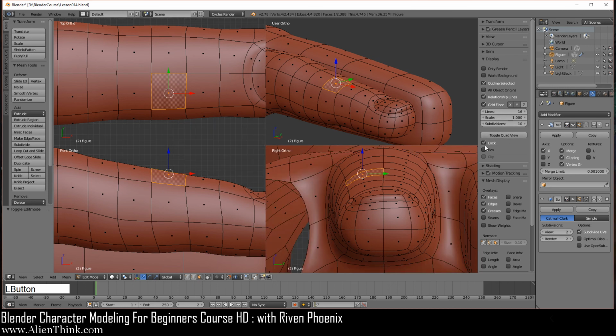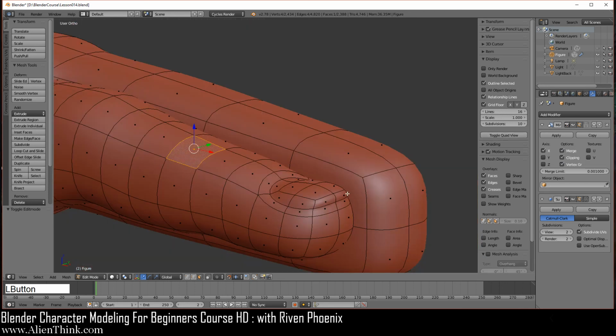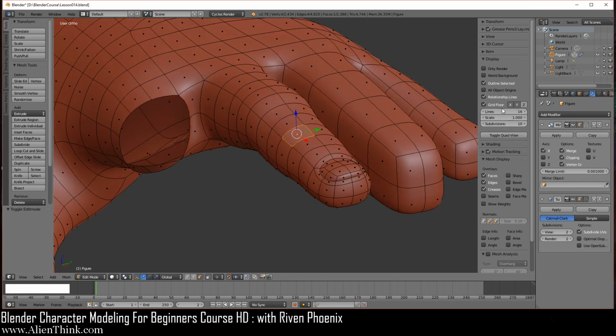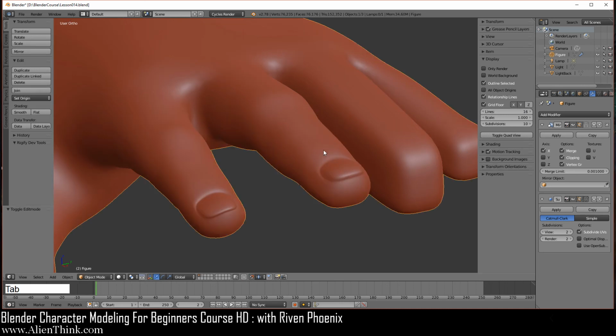So anyways, I just wanted you to be aware of this section in the display as to how some of these things actually work over here, right? And you can just simply click on toggle quad view to get out of it. So it's a good idea to just experiment a little bit over here as to what these things do. And of course, outline selected is something we've already looked at. When you have something selected, you get the outline. You can turn this off if you don't want to view that.